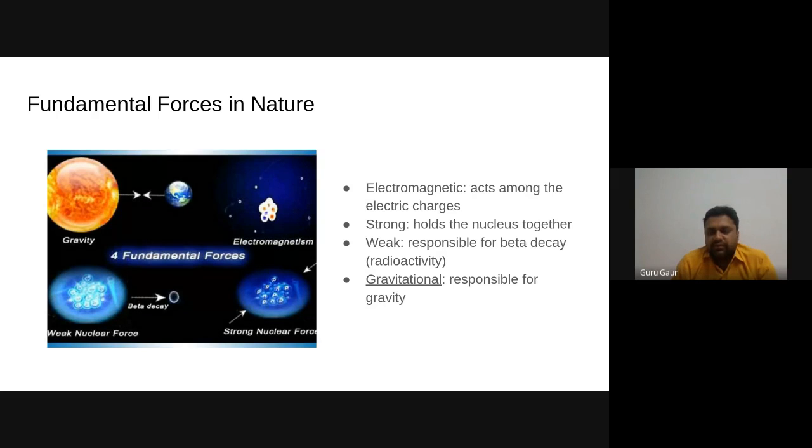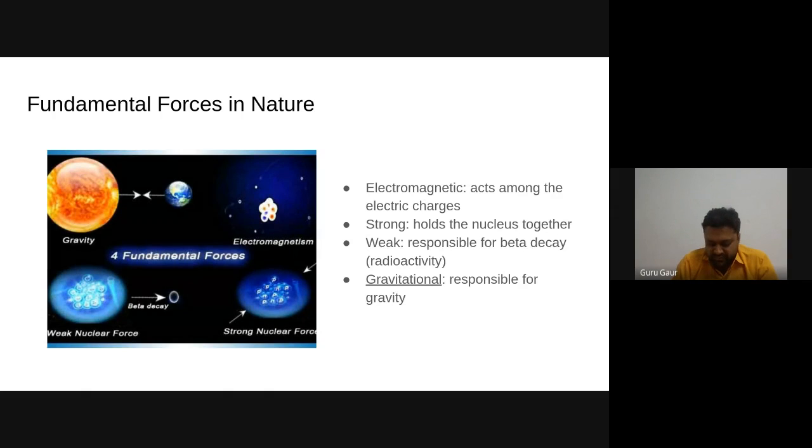This is a force that acts between electric charges, so the entities should be charged. And we know there are 2 kinds of charges possible: positive charge and negative charge. If the particles are neutral, then there will be no electromagnetic force between them. When the charges are static, we feel the electrostatic forces. When they start moving, they produce currents, and currents themselves could be a function of time and space, which give rise to the magnetic field and so on.